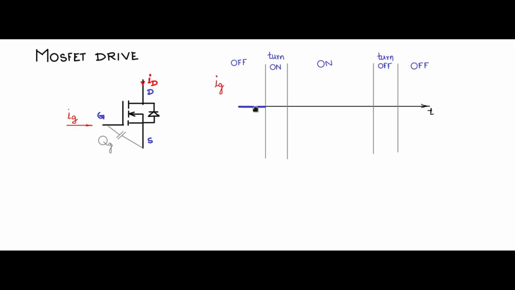So during the off state, no gate current is needed, so that is 0. During the on state also no gate current is needed. In an ideal sense, you need 0 gate current to maintain the switch in the on state, and therefore also finally in the off state 0 gate current. So you see the gate current requirement, almost all 0, 0, 0. The only difference comes in the turn on period and the turn off period.